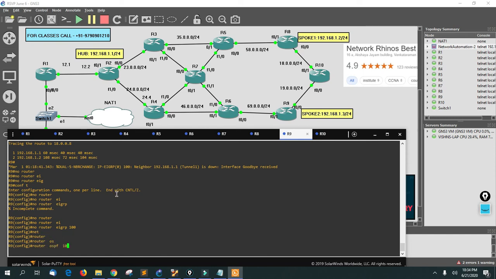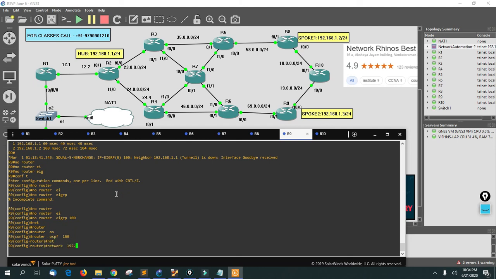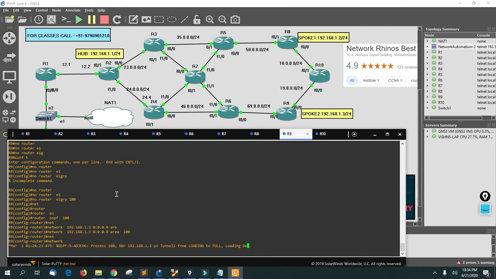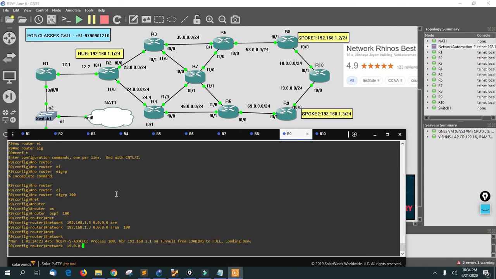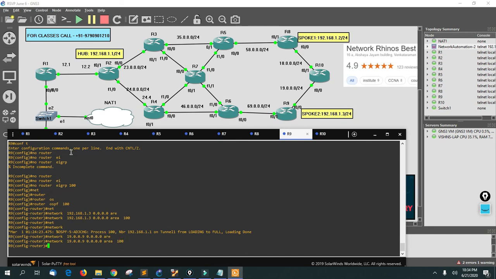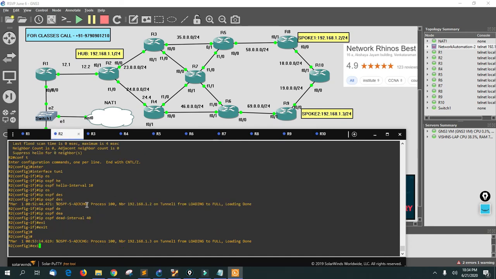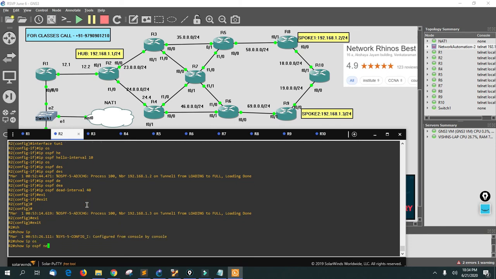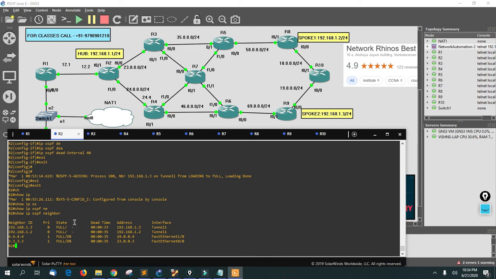Router OSPF 100, network 192.168.1.3, area 100, network 19.0.0.9, area 100. Let me go back to R2 and show you something. Show IP OSPF neighbor. Now I have the OSPF neighborship with both the spokes, spoke 1 and spoke 2.